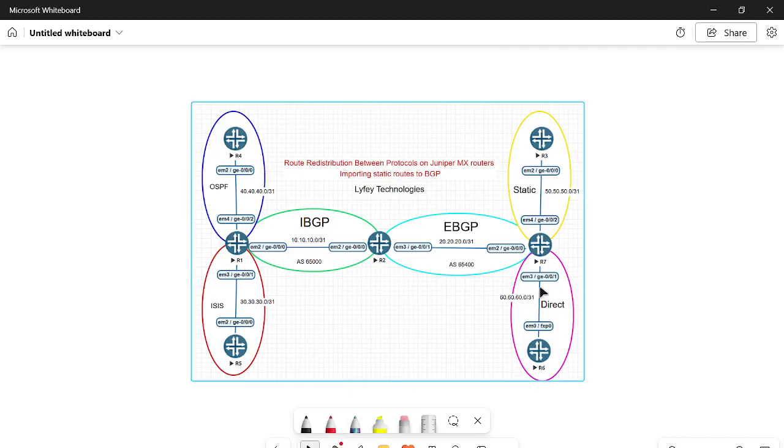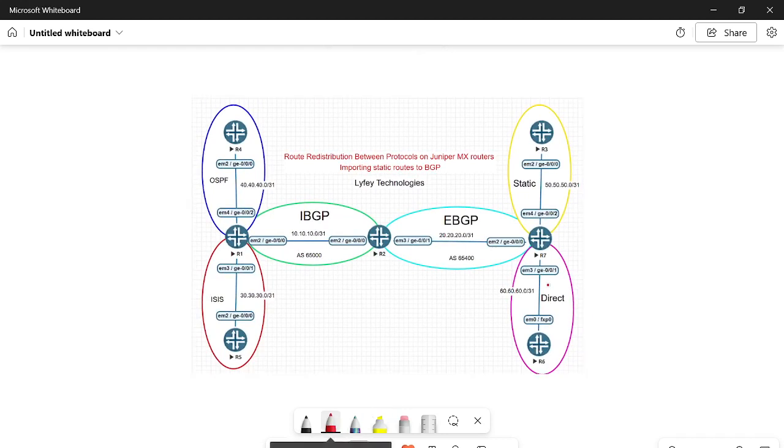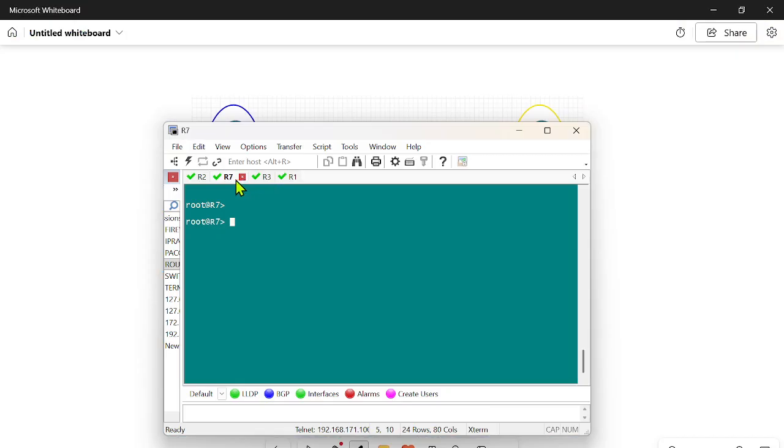So you have the direct routing implemented here, and then you need to import these routes into BGP. You'll be configuring your policies on R7 because we already have the routes on R7, and you want that route to be advertised towards the other network, R2, R1, and R5, R4. So you can ensure that by importing the direct routes into BGP. So if you check on R7, if I show configuration, display set,